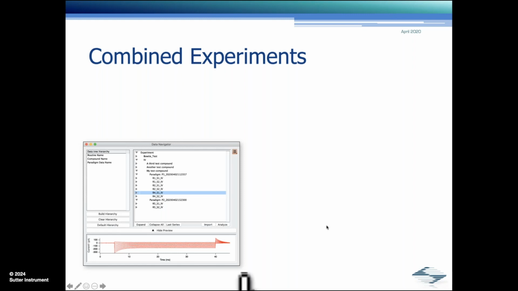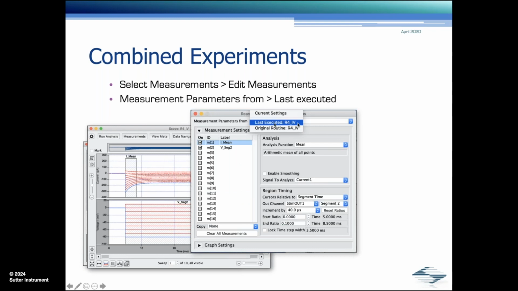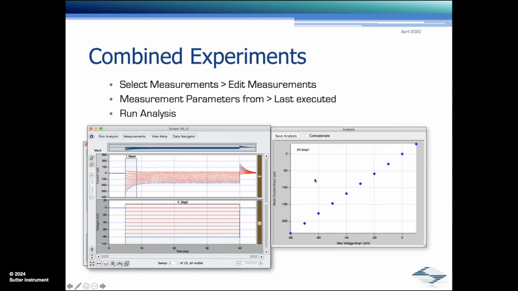So next thing you want to do is analyze the series, the routine data. You open it into the reanalysis scope window, you go to edit measurements, and then you select the last executed parameters. In this case, I made a modification of the original routine parameters from the sample routine IV that's in the sample routine pool. I modified it so that if I run the analysis, you only have the IV curve.